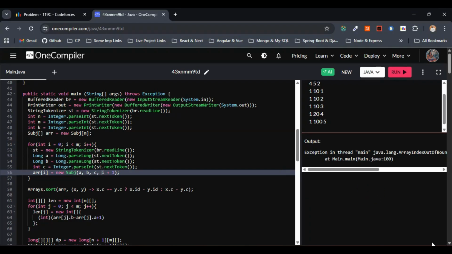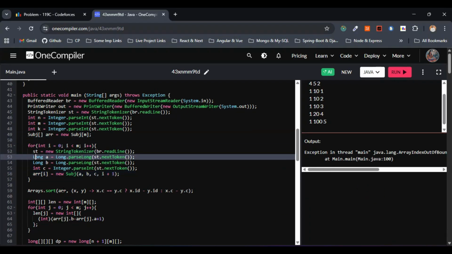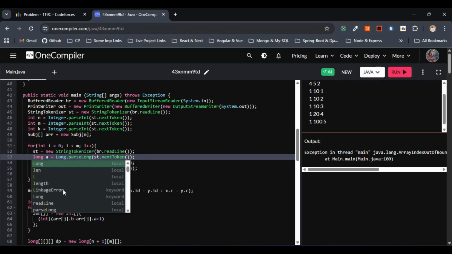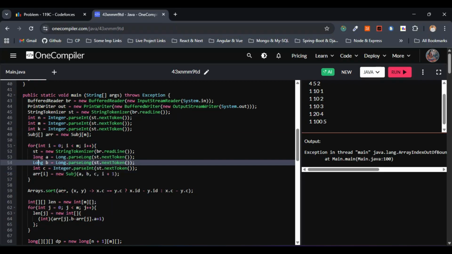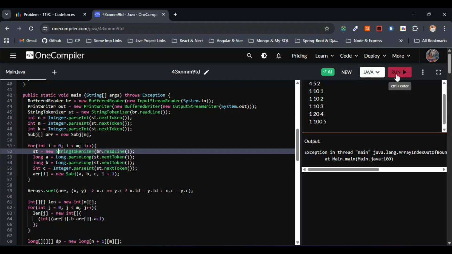Index 11 out of bounds. Let's see what mistake I have made in line number 53 and 54. Here I'll just go with a small long wrapper, right? Here as well. So let me make the change in line number 54 as well. So this is fine. Let me run this one. I'm not getting anything here. So still,